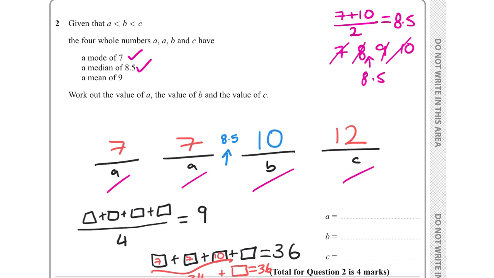And then a mean of 9. So let's work this out. So the mean, we add them all up. What is 7 plus 7 plus 10 plus 12 divided by 4? This should give us 9. Let's see if it's true. 7 plus 7 is 14, plus 10, 24, plus 12, 36 divided by 4 equals 9. Yes, I know I'm right. So there we go. 7,